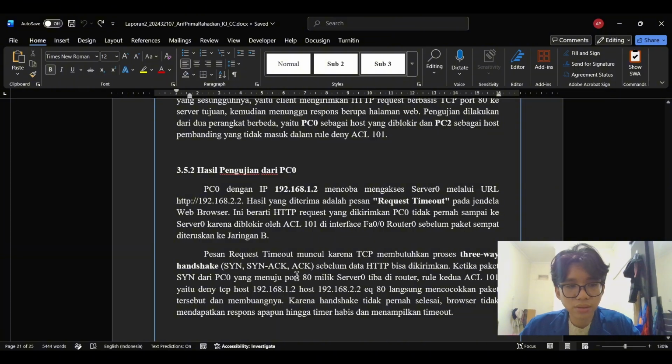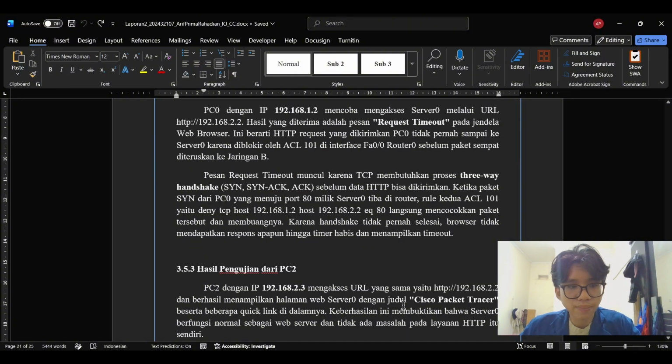The second rule in ACL 101, deny tcp host 192.168.1.2 host 192.168.2.2 eq www, matches the packet and drops it immediately. Then the handshake never completes. The browser receives no response, and after the timer expires, it displays request timeout.